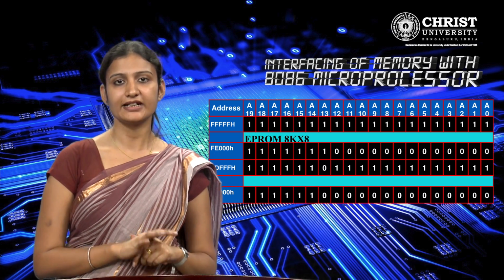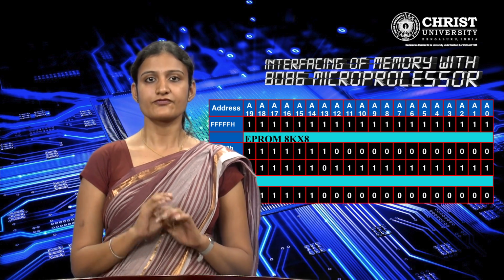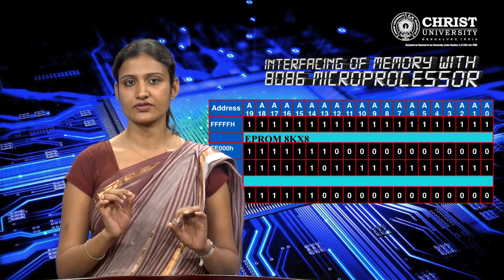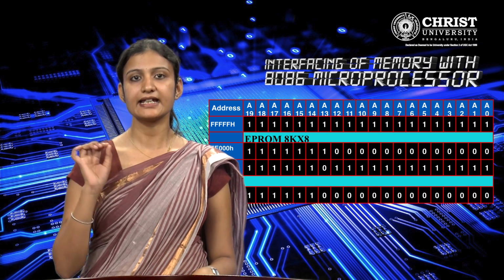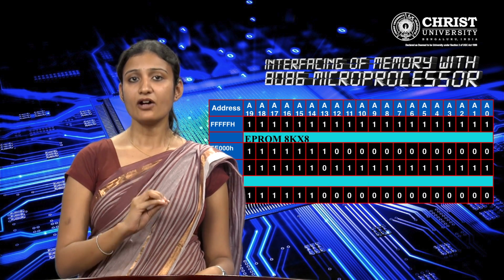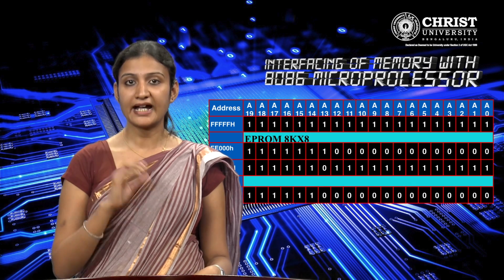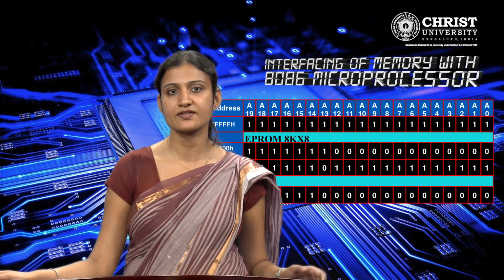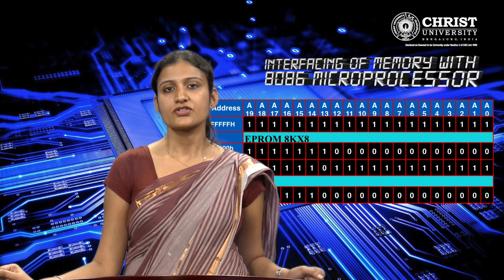Now, we want only 13 lines, so from A0 to A12, we will write zeros to indicate the use of effective address lines. Now, if we write the binary number in hex form, we get the address FE000H. So, our ROM is lying from FFFFH to